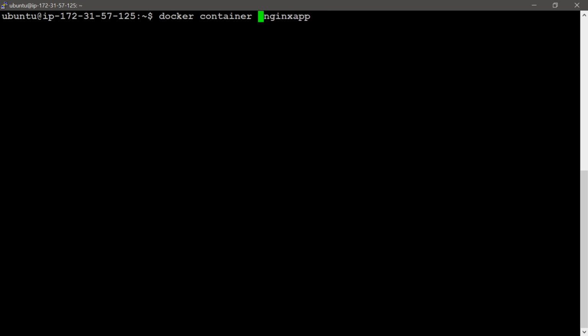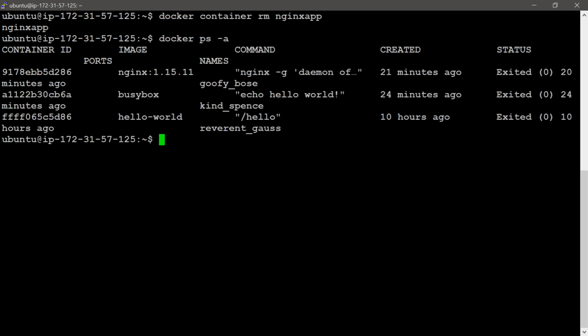It will remove this nginx app container. Docker container rm nginx app is the command to remove the container. Container removed. I am using the docker ps -a command. It does not exist. It is removed.